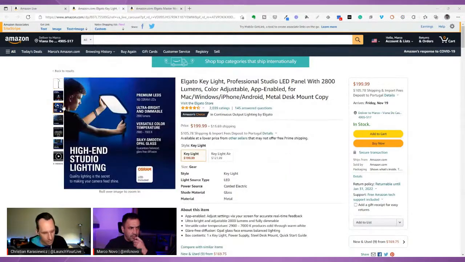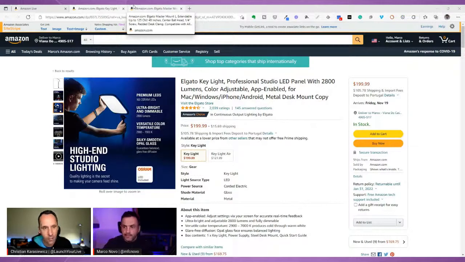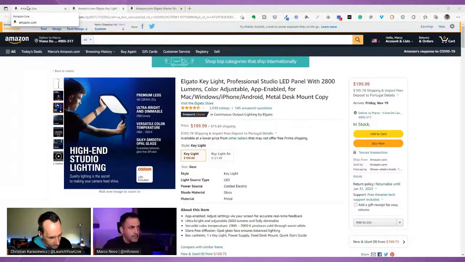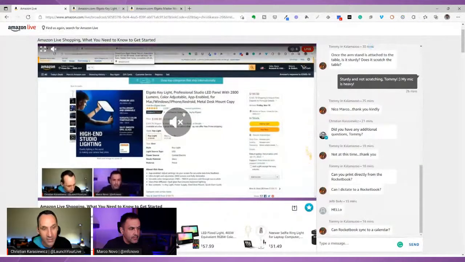Again, all this equipment we're talking about, these are things you don't need, but if you're doing Amazon Live, these are great to help you do better productions. So that's the master mount. That's the Elgato Key Light. And then the other product, you might as well stay in the Elgato family. The other product you should check out,